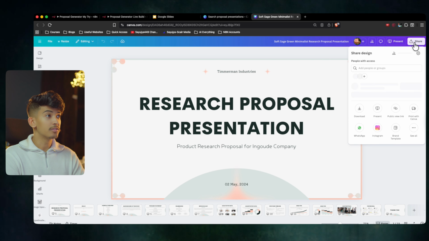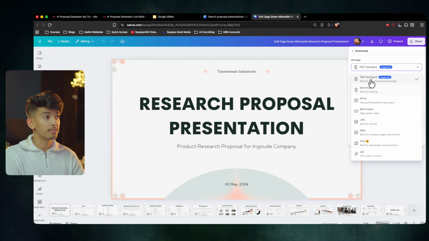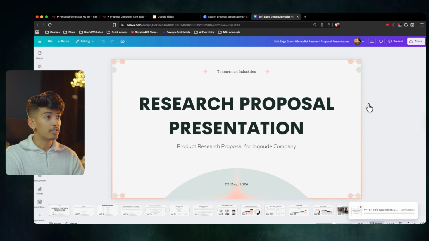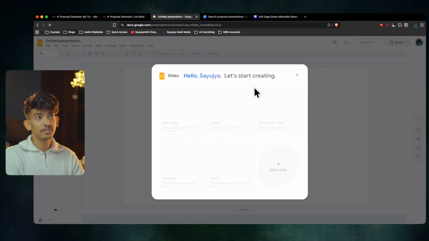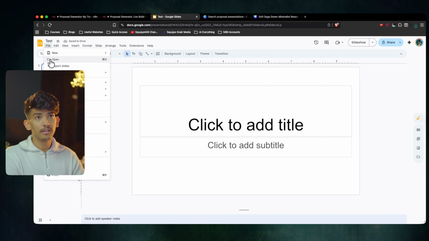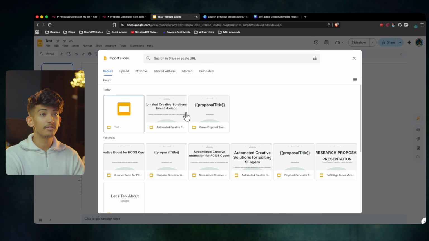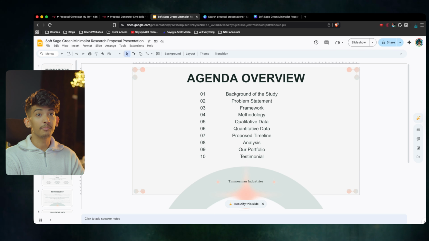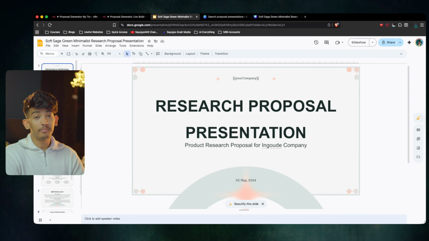So you will click on customize this template. So what you're going to do is download it. So for example, I'm going to click on download. I'm going to use PDF standard. Nope. I'm going to use PPTX, which is a PowerPoint document. And then it's going to be downloaded. And once it's downloaded, you can go over here, click on blank presentation. And then again, click on blank slide. I'm going to say test, file, import slides, and then import the one that we just downloaded. And now it's going to look something like this. But now that you have it in your slides, like Google Slides, so you can start playing with it through